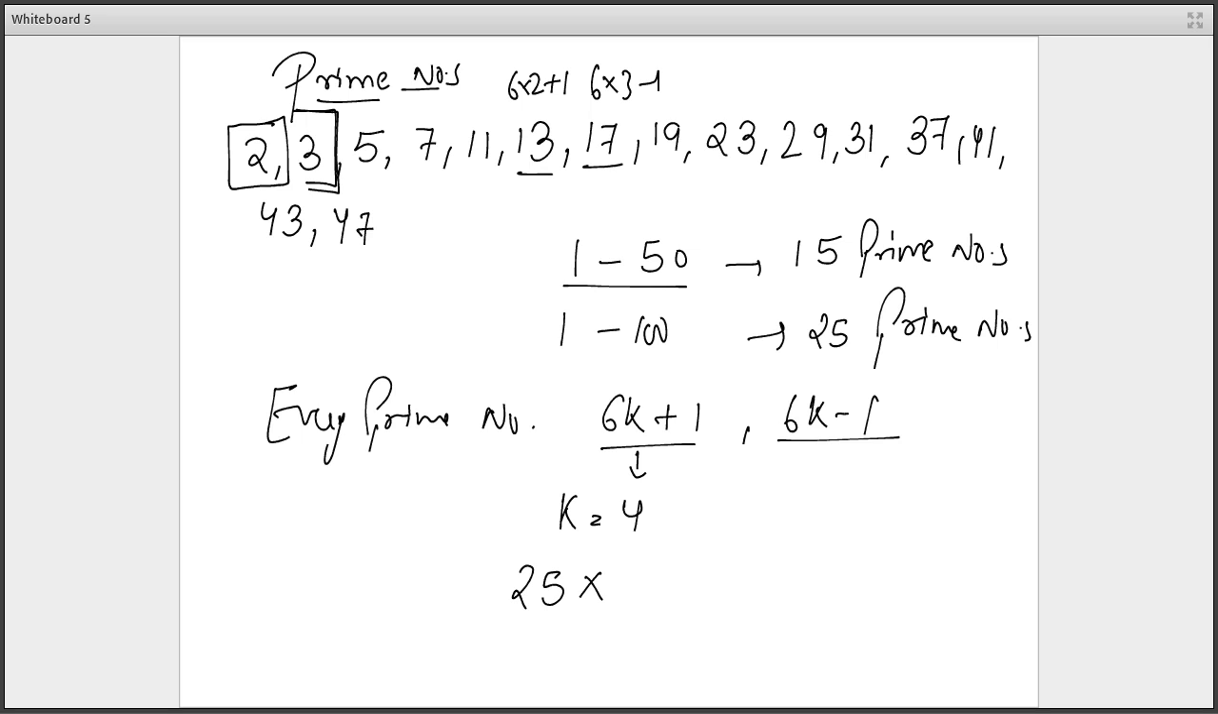Prime numbers start with 2, then 3, then 5, then 7, then 11, then 13, 17, 19, 23, 29, 31, 37, 41, 43, 47. The only even prime number is 2. 2 is the only even number which is prime. Okay, now the next thing which needs to be remembered is in between 1 to 50,